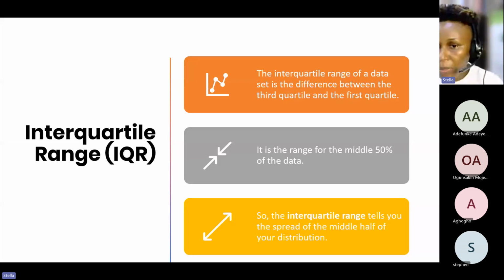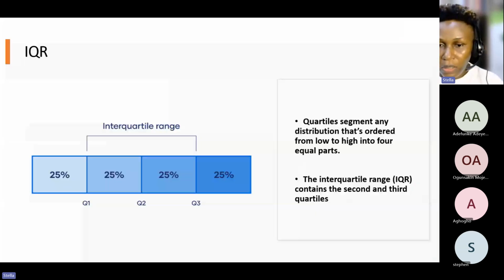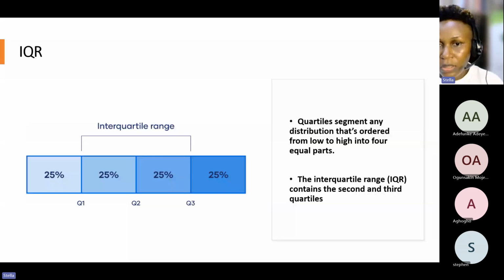Last week, we talked a little bit about normal distribution. We're going to look at it in more detail this evening. Okay, so I'll run through the slides and then we take your questions. Okay. All right. So yes, this is what I mean. This is the IQR, the interquartile range. Notice that we have